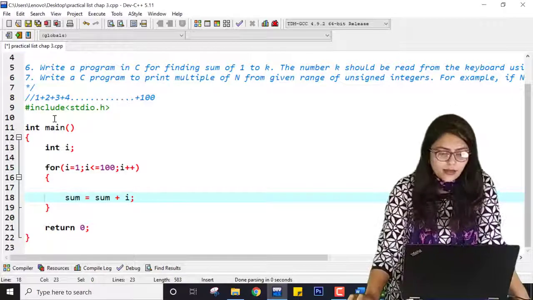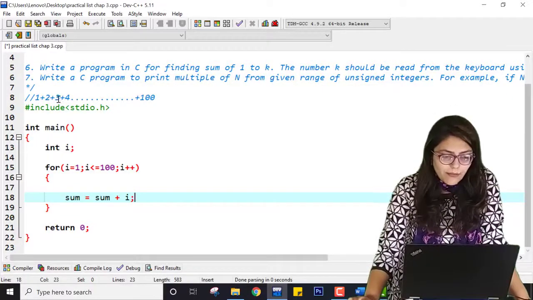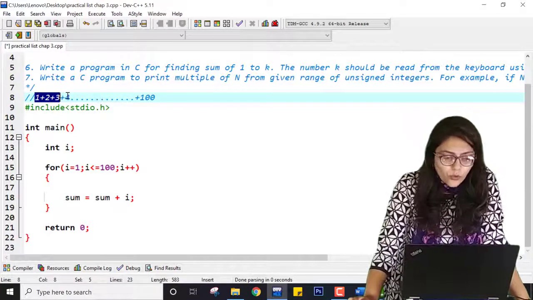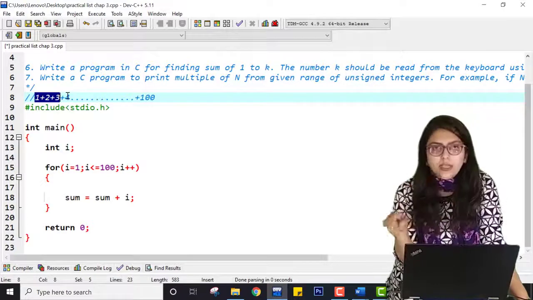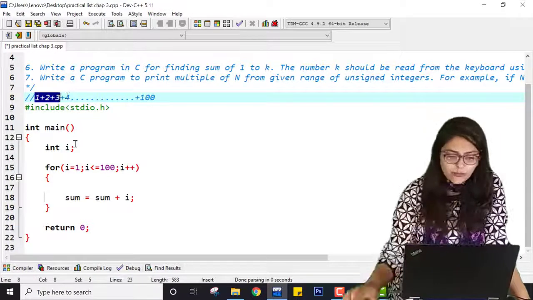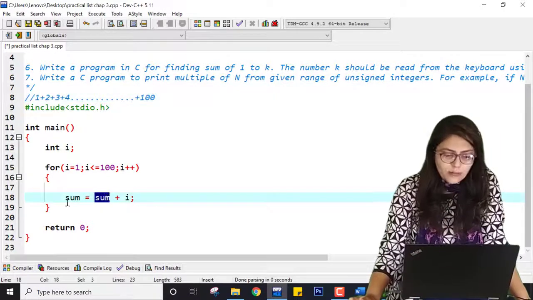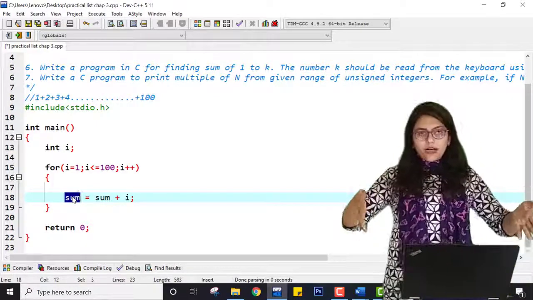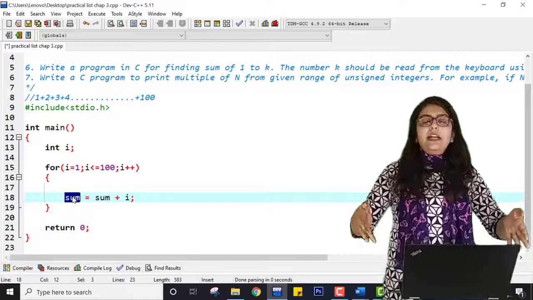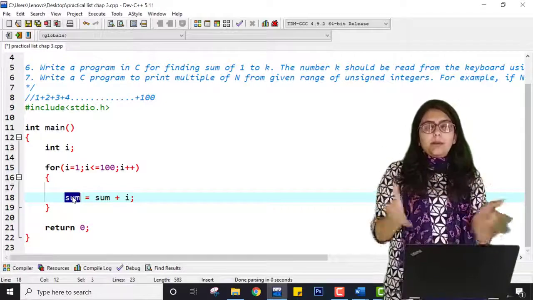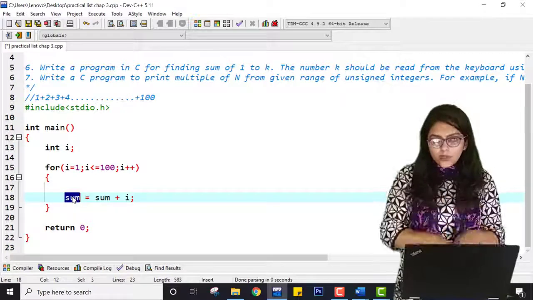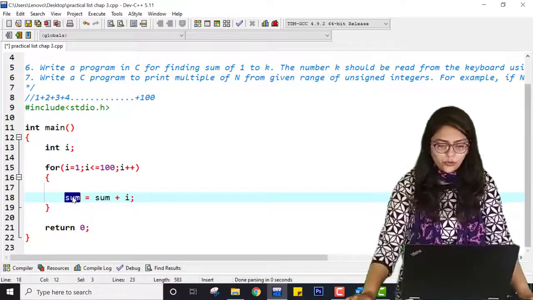I hope you guys are understanding, because whenever I am adding 3 plus 4, actually 4 is being added to the sum of 1, 2, 3. So that is the previous sum. So previous sum is being added to the new value. Every time you can imagine a bucket of sum. Every time I am putting a value, doing summation of all of them and replacing the older value of sum with the newer value.